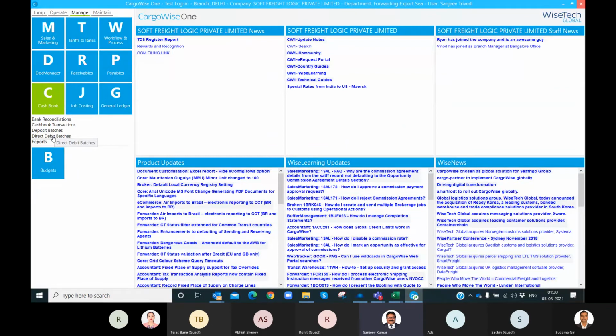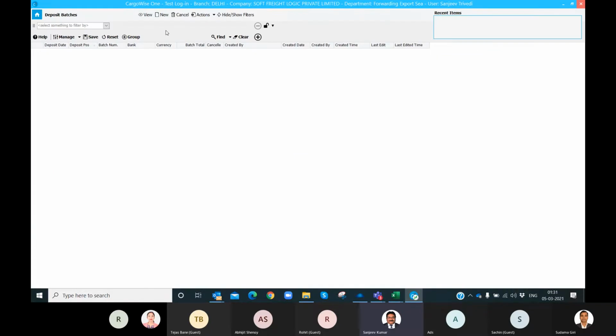Deposit batch and direct debit batch, these are again good features inside CargoWise. Suppose you received certain checks, and in your bank statement those checks are not appearing, then it is good that it should not go to bank reconciliation, it should be there in the deposit batch.